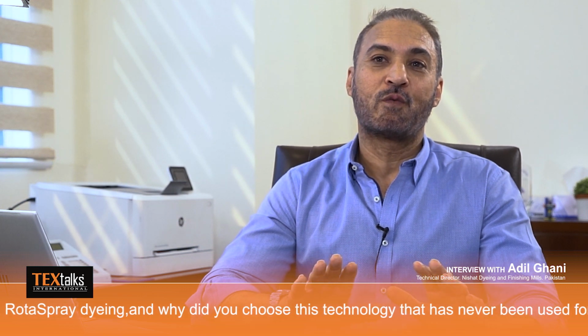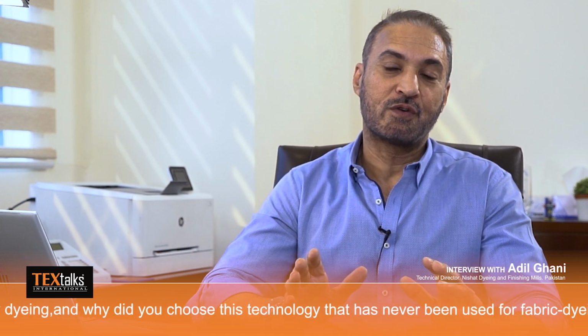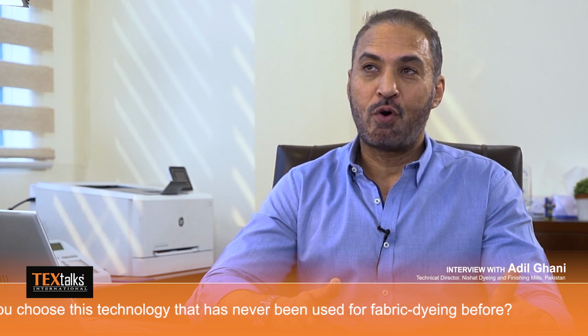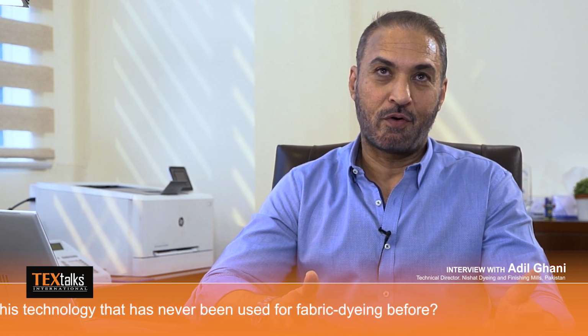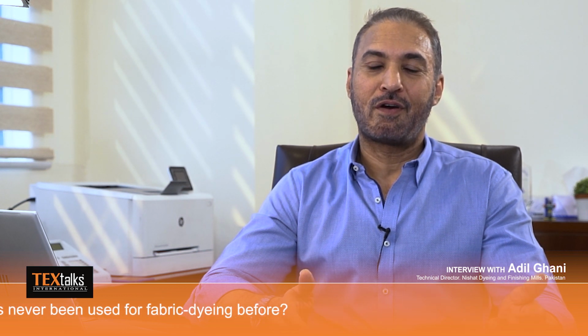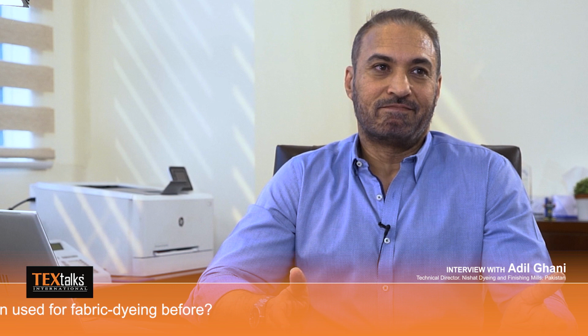this whole equipment, for fabric dyeing, was only available in lab form. There was no production machine working in the world. So for me, the difficulty was that this technology was absolutely new, in the sense that there was no practical production experience even with the company. So, keeping that in mind,